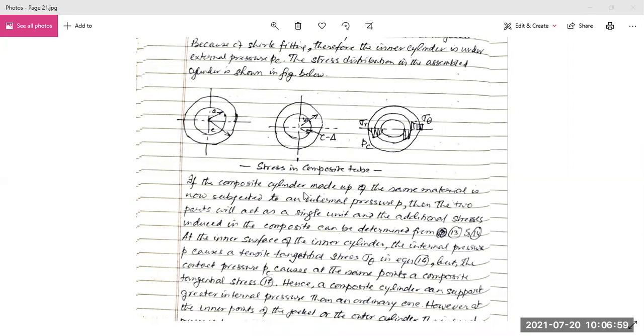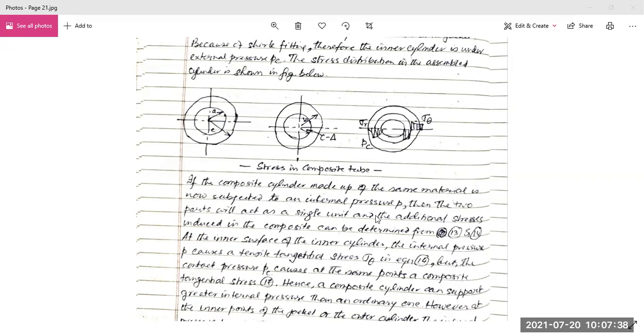The material of both the cylinders can be the same or it can be different. It is an extremely useful phenomenon in practical cases, because if you insert another cylinder inside the hole of the earlier cylinder, then the total strength of the cylinder assembly is much more than is possible with a single cylinder. So this is extremely useful for creating high pressure resistance, especially in seagoing vessels, etc.